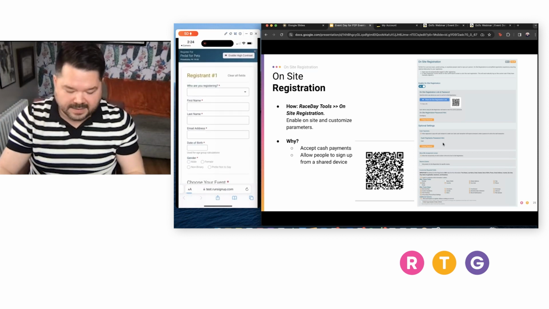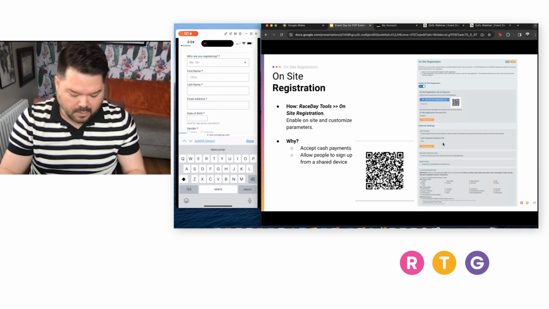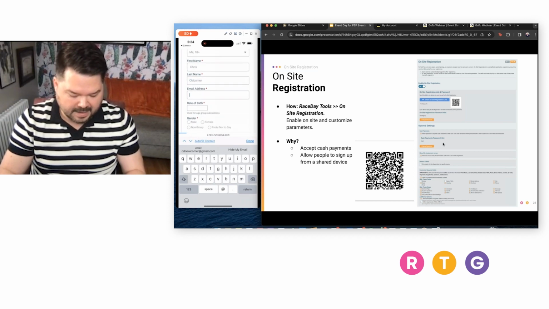Great, so it's taking me right here. So let's say I'm registering me. We'll say I'm Chris. Oldcomer, there we go. That's a new one we haven't used before. Perfect. We'll use Chris at GiveSignup.org,